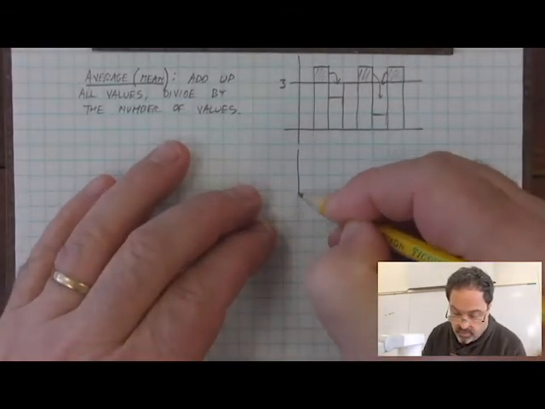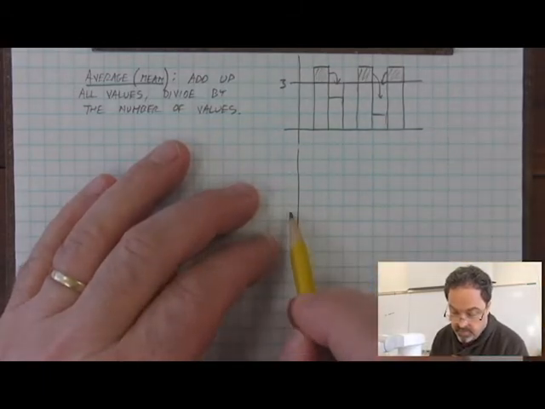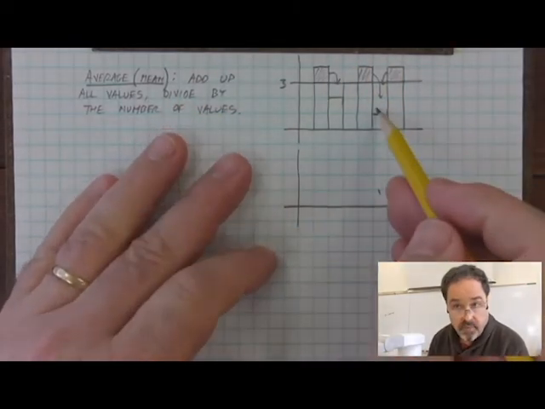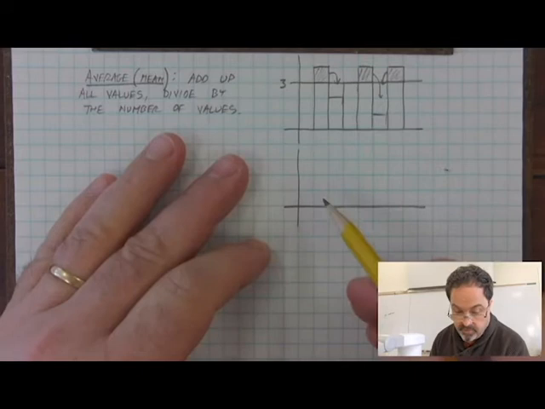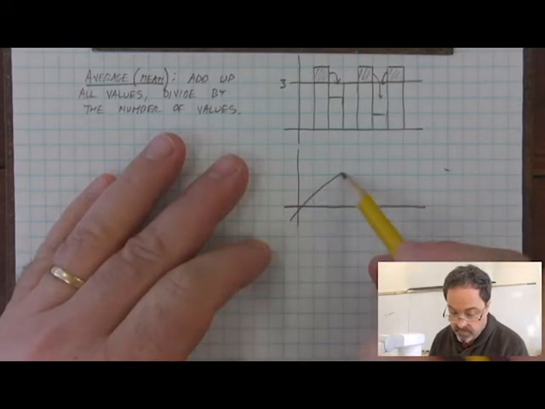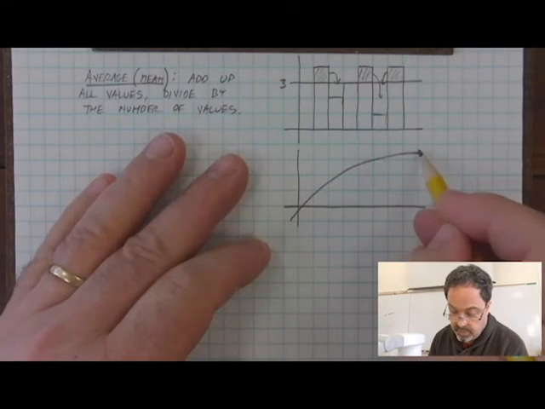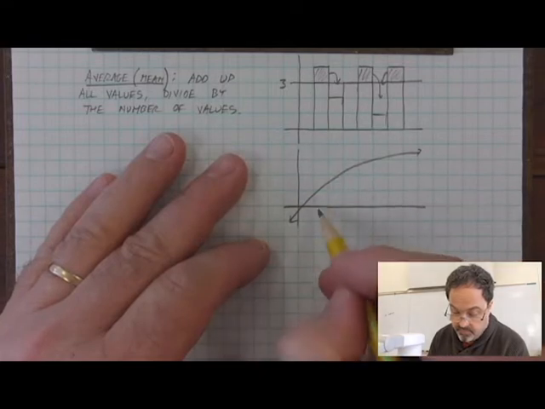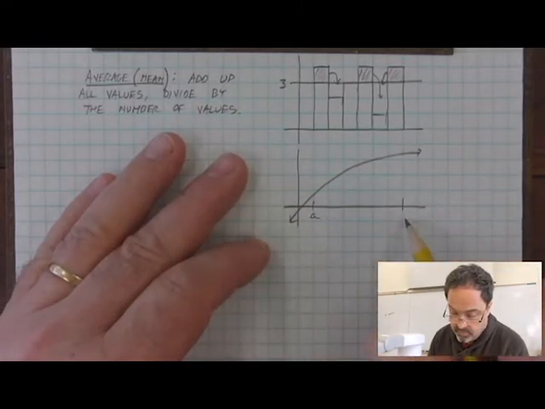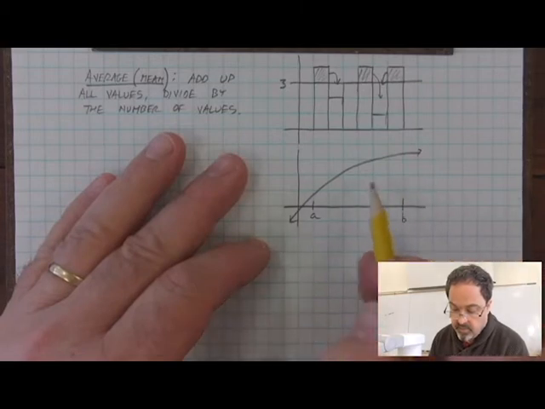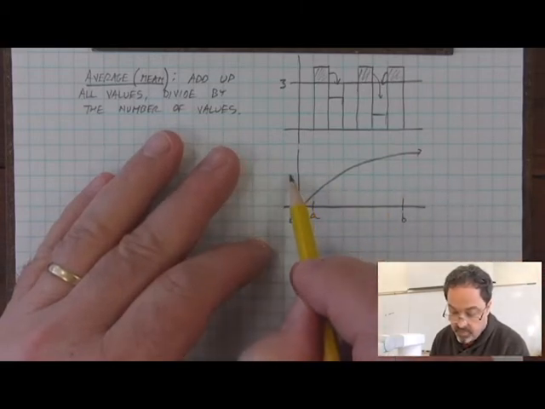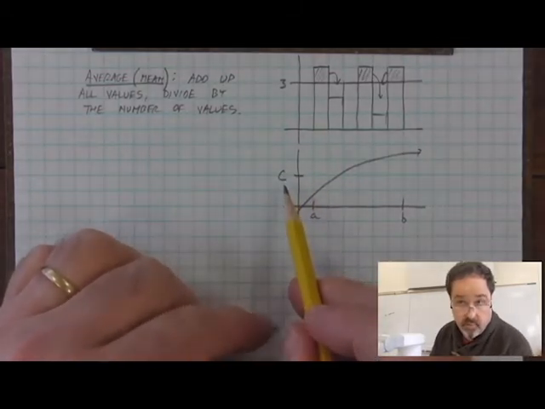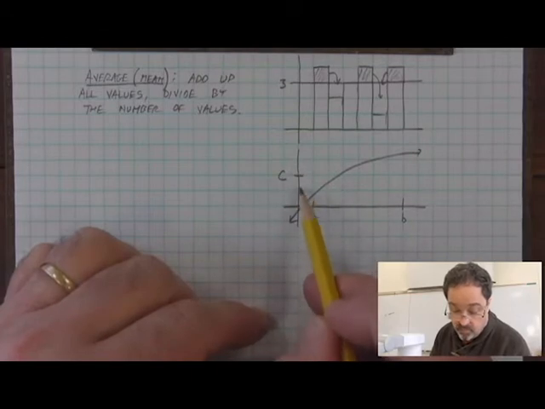We can approach finding the average value of a function with the same conceptual understanding. The values of a function are much more sophisticated. The function could be anything, curve, and be complicated. But if we were to find the average from A to B, then we would expect that there is some number that we don't yet know the value of that represents a height or a value of the function,